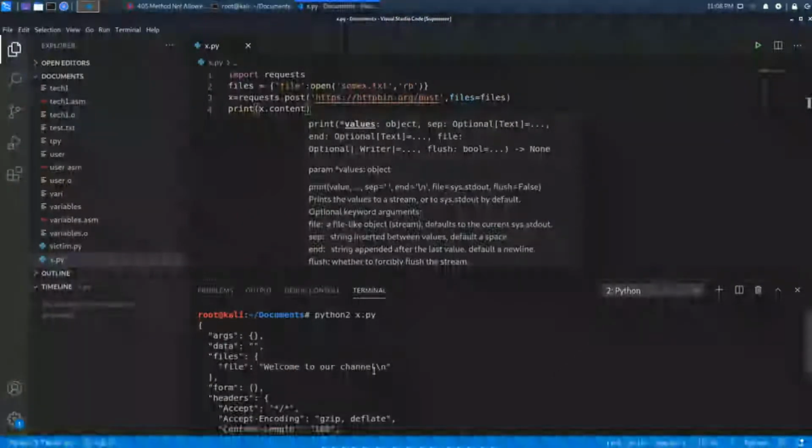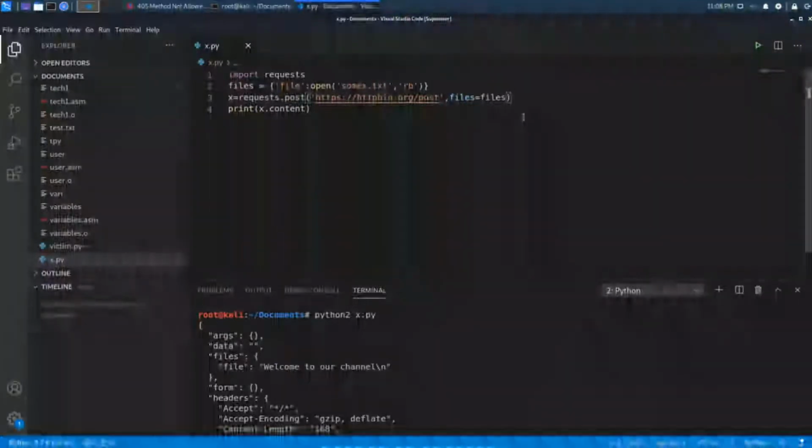If you don't want to create the file before using it, and you want to create the content dynamically, then you can do it like this. You can delete that mode, because we are going to create the content directly, and here you can enter the message. The message will be please subscribe. Let me say please subscribe.